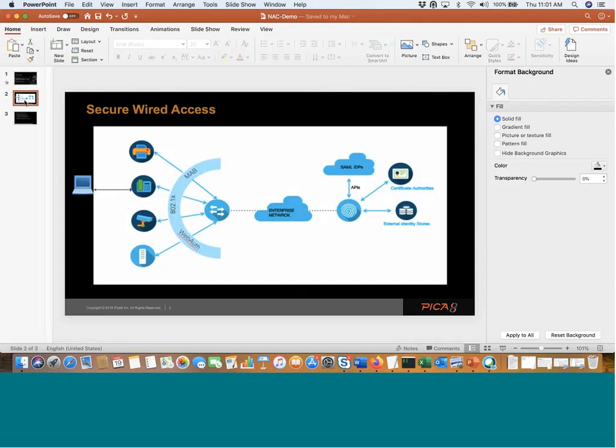Using ISE, network admins can provide secure network access by authenticating. There are different methods for authenticating. You see on the left-hand side, 802.1x, MAB, and WebAuth. Also,